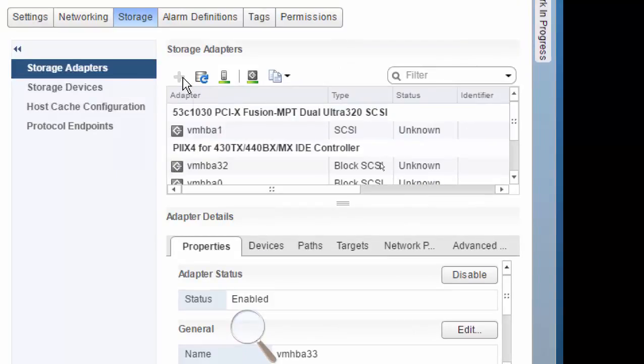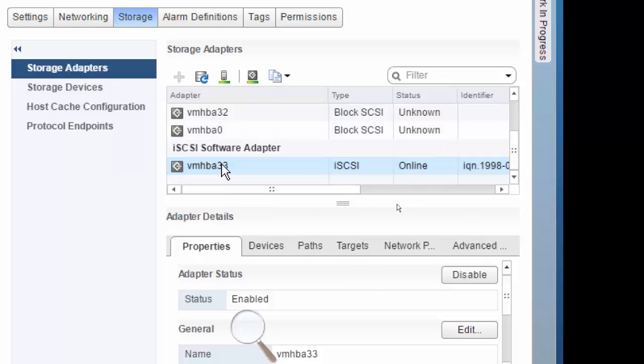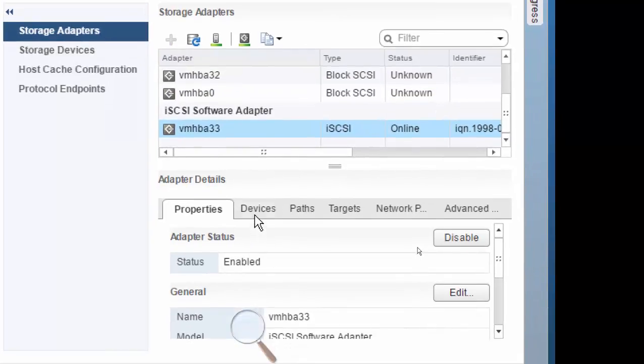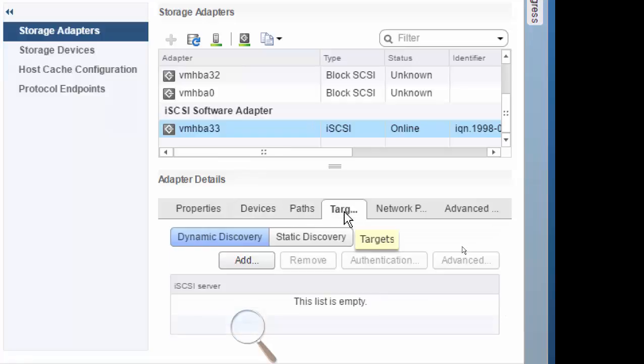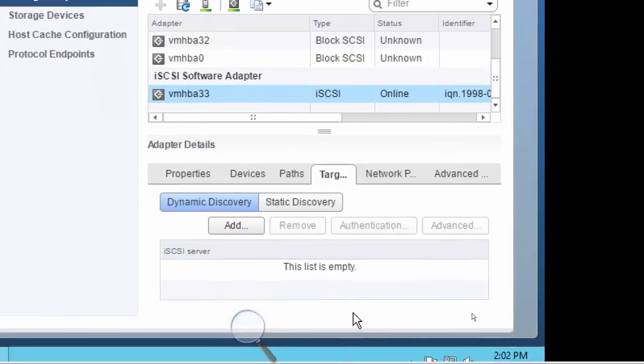So then click next. That's it. Click that and press yes. So now if you're selecting this VMHBA, the devices and the paths and the targets are there, right? So if you click target, yeah,